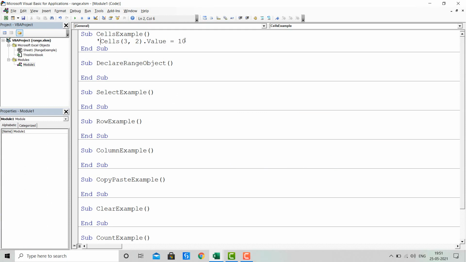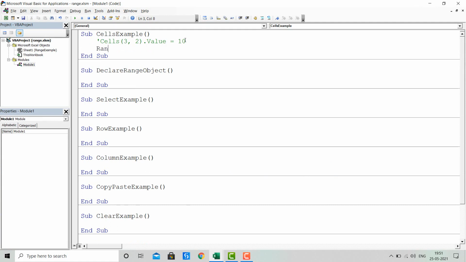First we'll comment this line, and in the second line we'll use a range object, and inside the range, the first parameter we will pass is cells, and inside this we will pass the row index and column index. So let's pass cells 1 comma 1, and from this cell we want to set the value up to cells 1 comma 5, and let's close the parenthesis for range also and use the dot value property, and we want to set the value in this range also to 10.